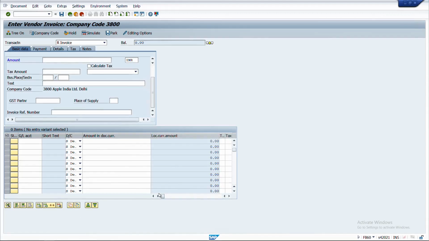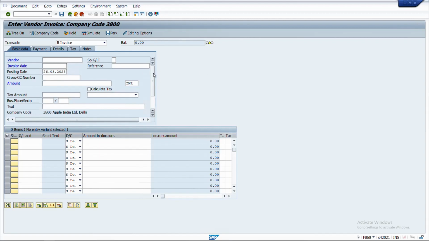So how is the sending location and the recipient location determined, and what is the use of GST partner, is what we are trying to understand now. So vendor is an object that is determining the sending location. For example, if you're having a vendor here, then in the vendor master data or the business partner master data, under the address details we are giving the state code. So based on that state code, the GST condition records are picking up what is the sending location,